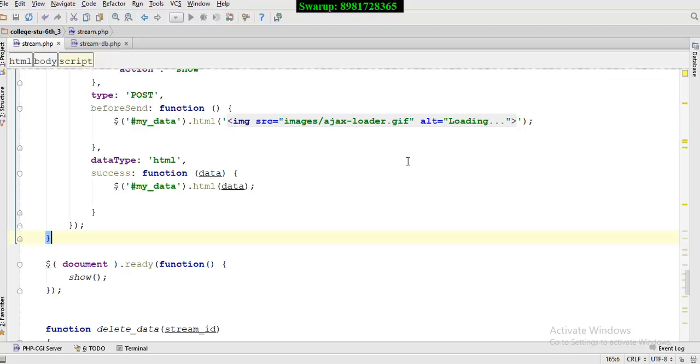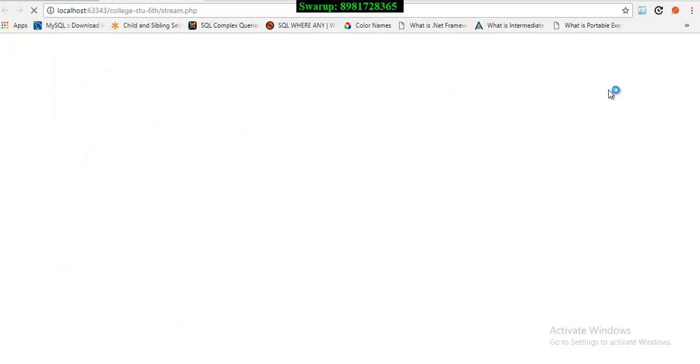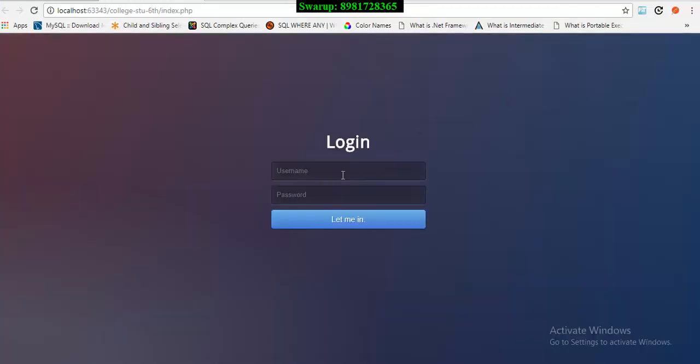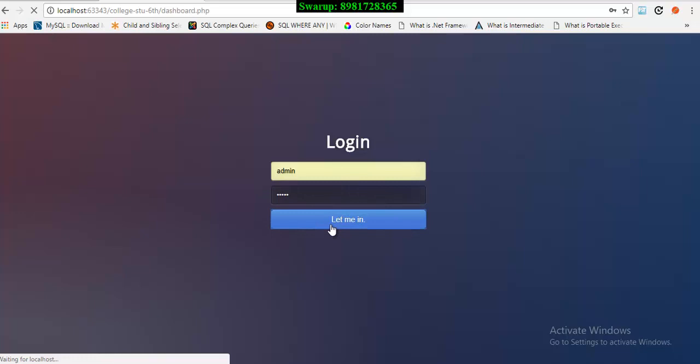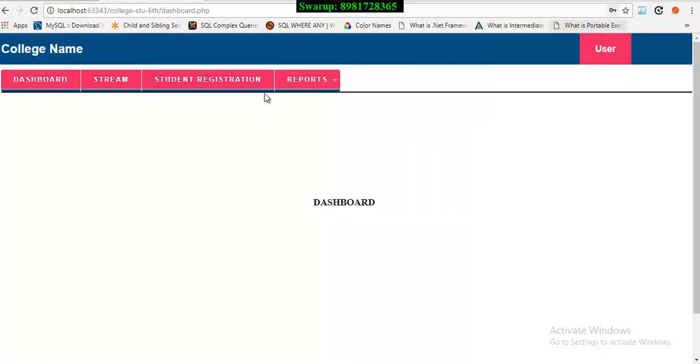the execution of extraction from the database. The value will be displayed in the PHP page. So let me just run the page, and as you can see the output, you will be able to figure out. Initially there will be one login page where the user is supposed to give the credentials, and as the credentials are found to be valid, the dashboard gets opened. Now, before I hit this particular button, stream, my client requirement is that immediately as the user clicks this particular tab, the data associated to this particular option